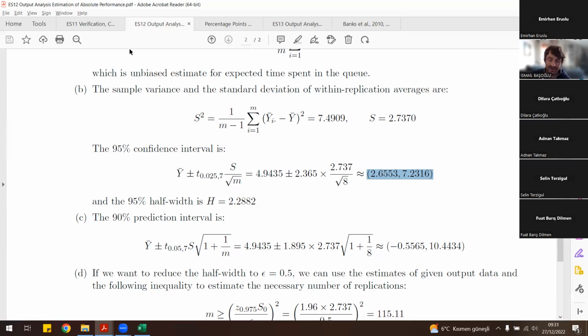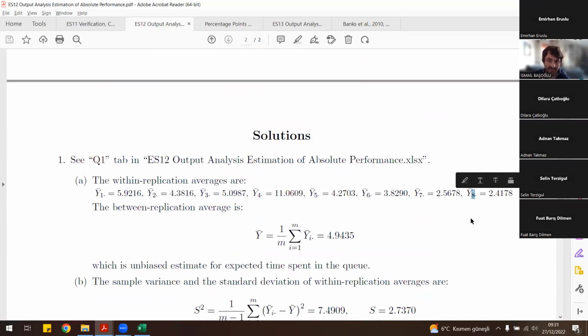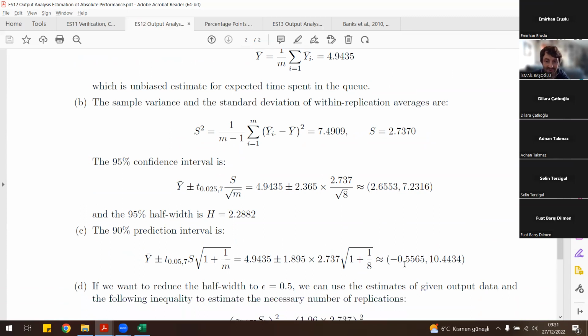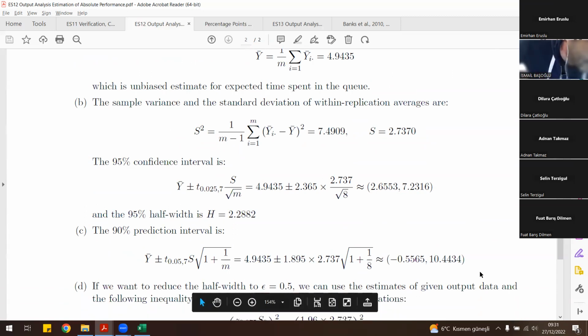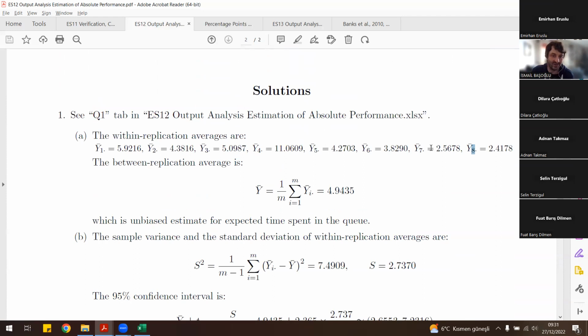So this is just a practical question, and with a limited number of replications, such as 8 here, my friends, unfortunately, you should not rely on the confidence interval that you calculate or the prediction interval that you calculate. This is just for practical purposes. In this question, we are working with a small number of values to calculate the sample variance or the sample standard deviation easily. And obviously, let me tell you this, during the exam, you will even get a smaller number of replications in your calculations, okay?